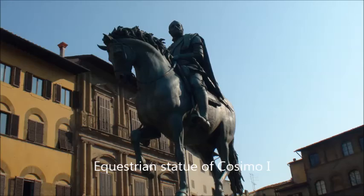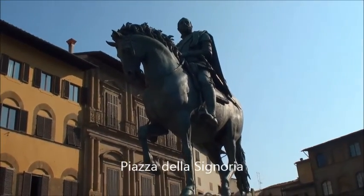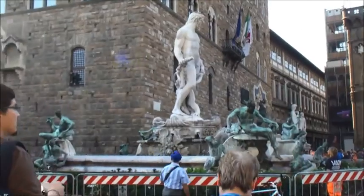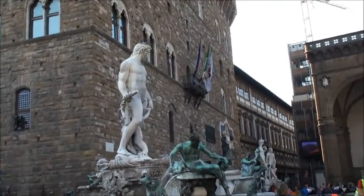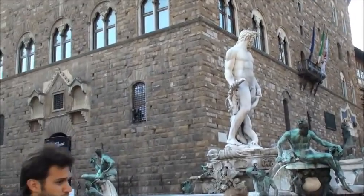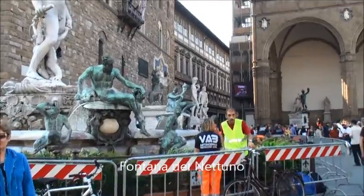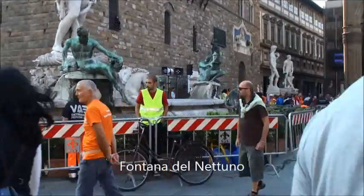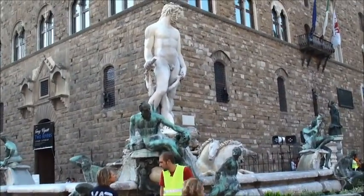Then we saw this equestrian statue of somebody called Cosimo I in the Piazza della Signoria, and we walked around and the tour guide told us all about the different things in this area, and one of them was this fountain. It was called Del Nettuno,